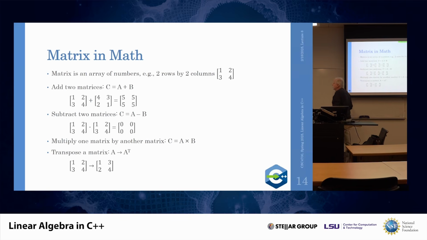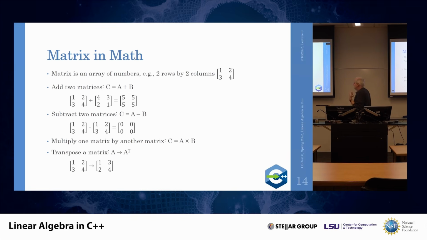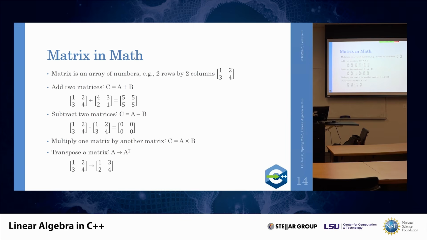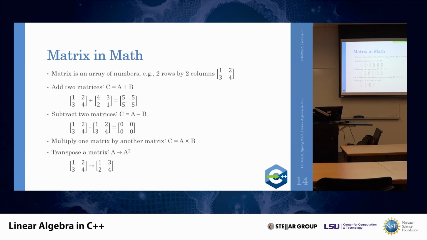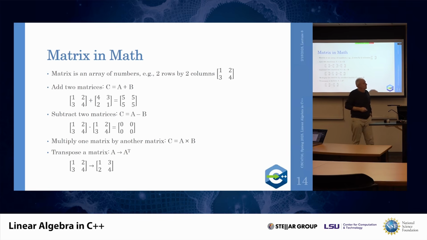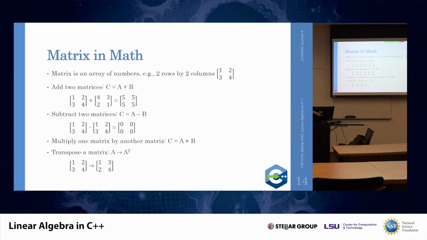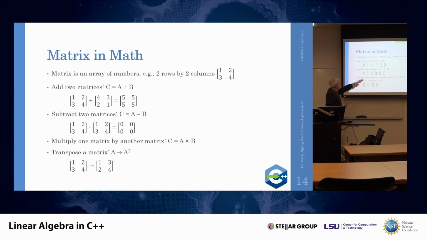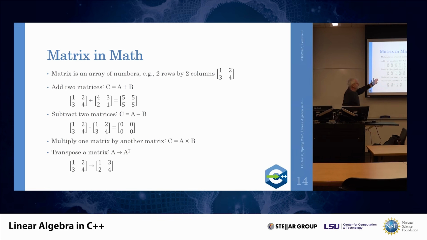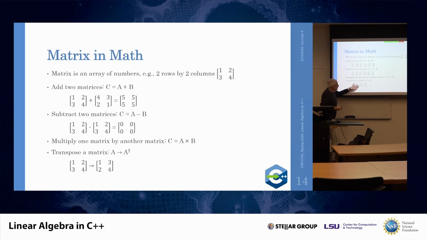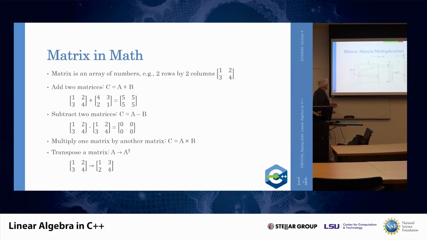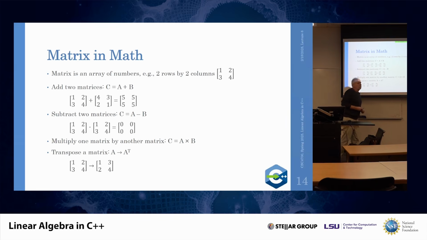Other operations on matrices, just a very quick rundown. It's nothing too complicated. Let's say we have a 2 by 2 matrix with 4 elements. Then if you add two of those matrices, adding matrices is just the per element addition of the two matrices. Subtracting is obviously just subtracting per element. We will look into matrix multiplication in a minute, but another operation that is interesting, and we will touch on this lecture, is matrix transposition, which essentially really just means that you flip the rows and the columns